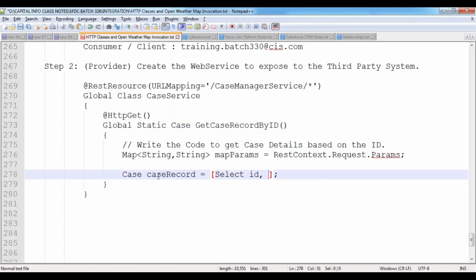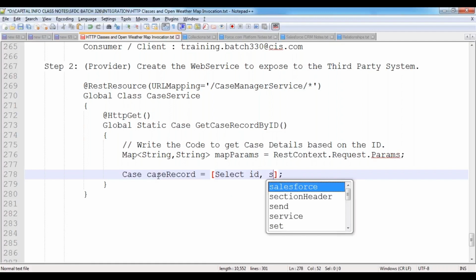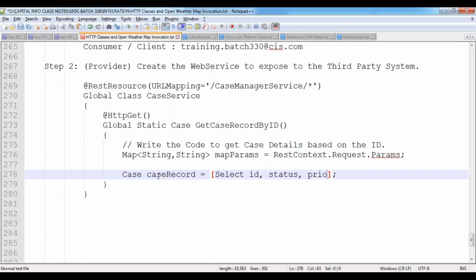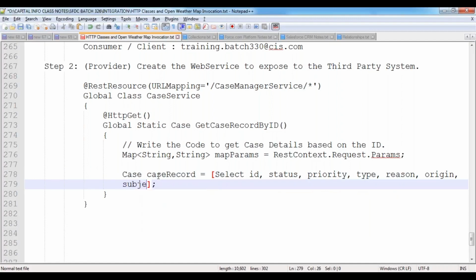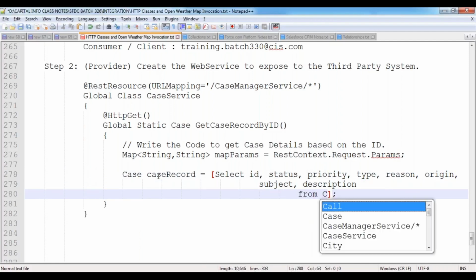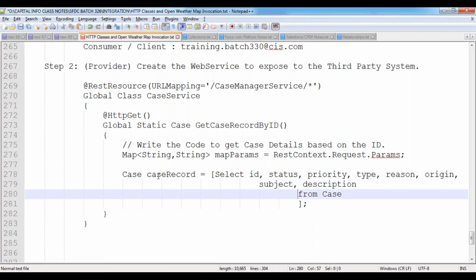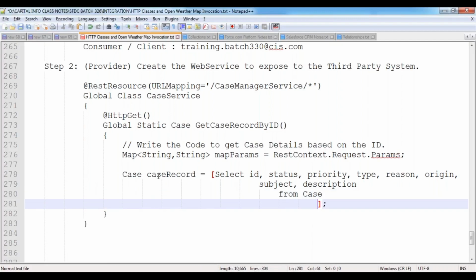Select the ID of the case, the case status, the priority, and then the type, reason, origin, subject, description, from one case where